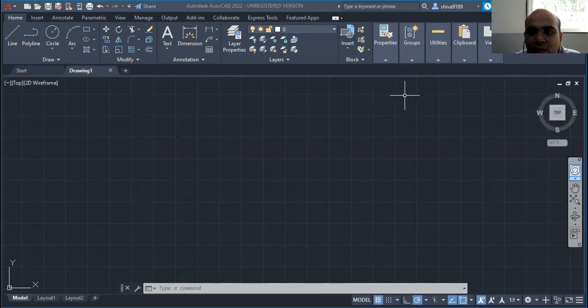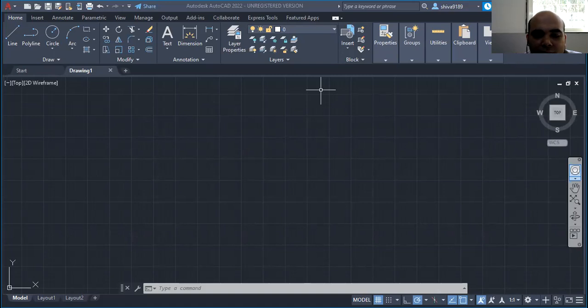We were talking about the AutoCAD practicals. Here we have version 2022, and many of you might have a lower version, or the mobile version, but in all cases you'll get the same screen. Before starting, let's first understand what is necessary at the very start.